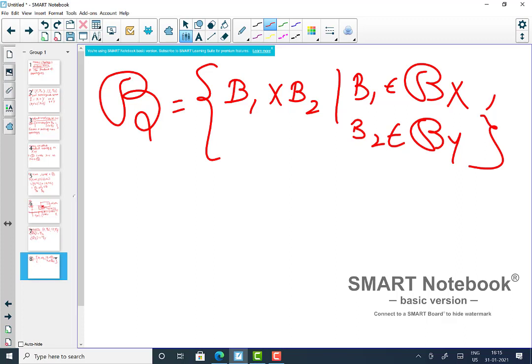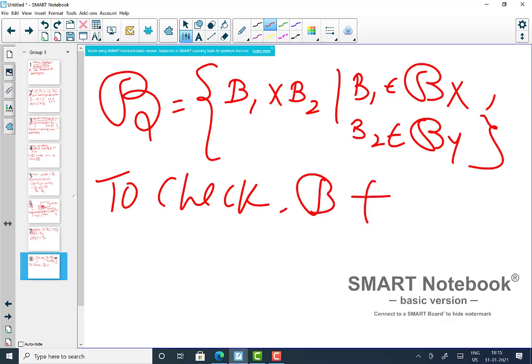It was discussed in, I think, the second lecture. So you use that criterion to prove something is a basis. So to check that this B forms a basis,